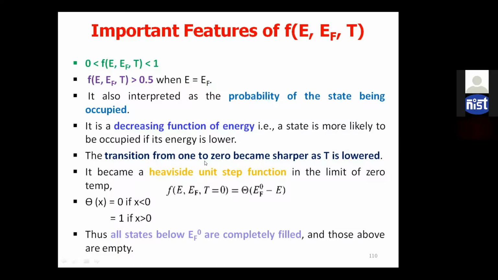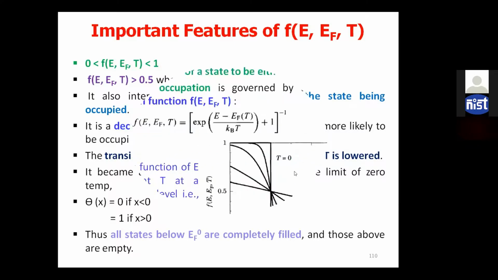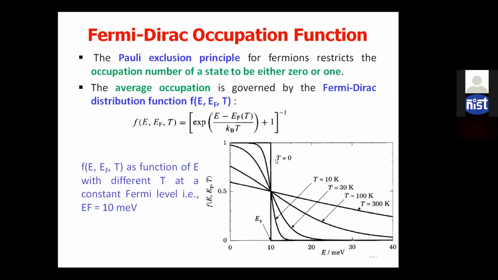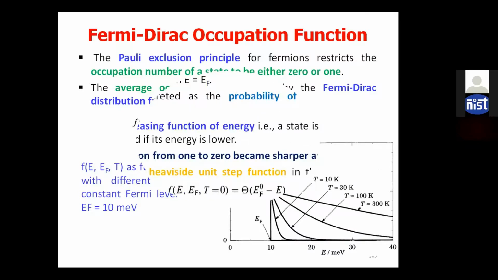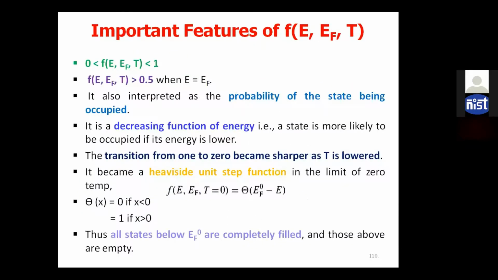And the transition from 1 to 0 becomes sharper as the temperature is lower. When T is 0, the transition from 1 to 0 is very sharp. As the temperature increases, it becomes more slanted. And it becomes a Heaviside unit step function in the limit of zero temperature. That means if T equals 0, then